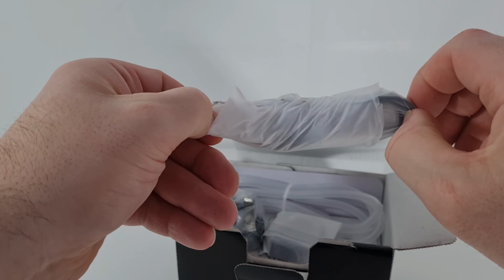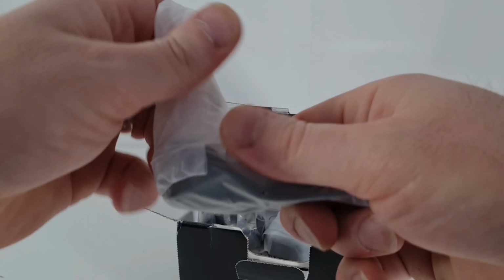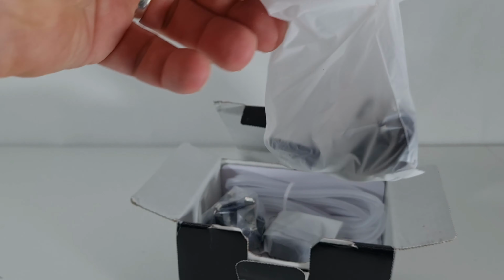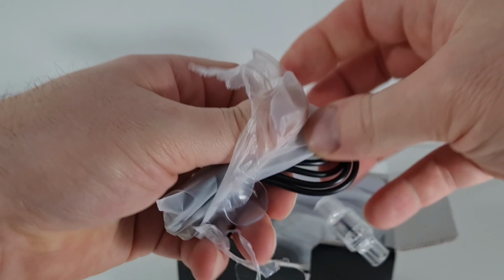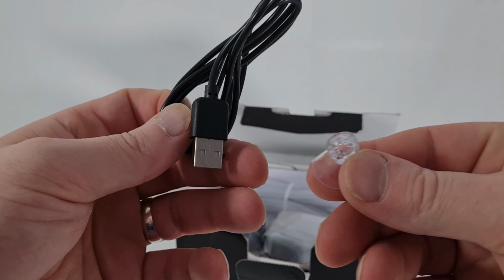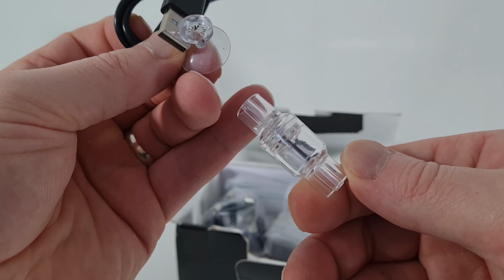Just getting into the box, it puts me in the mind of a high-end mobile phone when you open it up. I love the way they've packaged it. Feels like you got something cool. And first off, we've got the cable. I'll just get straight to it. One of the exciting things about this air pump is you can use it plugged in as you normally would, but also you can use the battery pack that's inside of it. So I'll get into that in a minute once we've seen what else is in the box, including